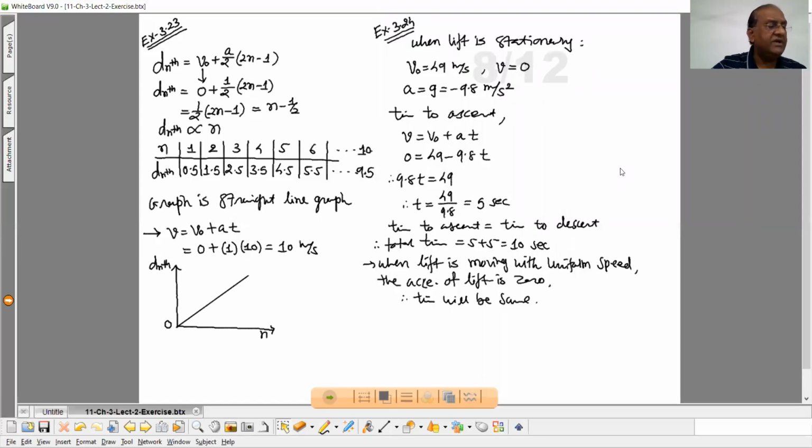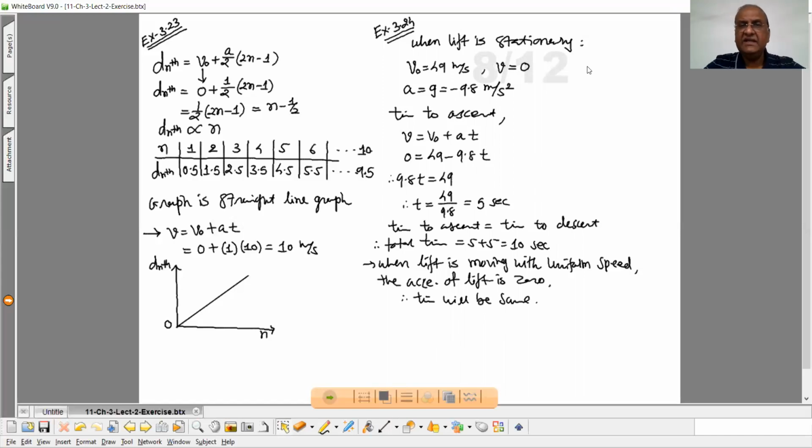Now example 3.24. A boy standing on a stationary lift open from above throws a ball upwards with the maximum initial speed he can, equal to 49 meter per second. How much time does the ball take to return to his hands? If the lift starts moving up with a uniform speed of 5 meter per second, and the boy again throws the ball up with the maximum speed he can, how long does the ball take to return to his hands? Now see,